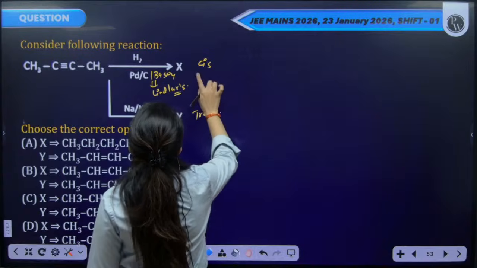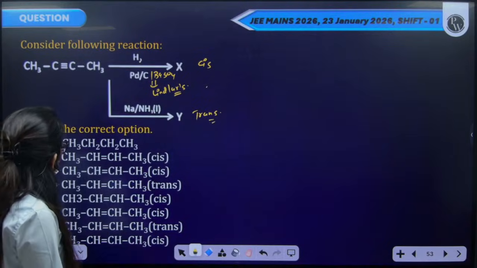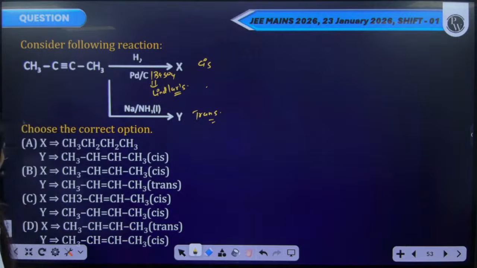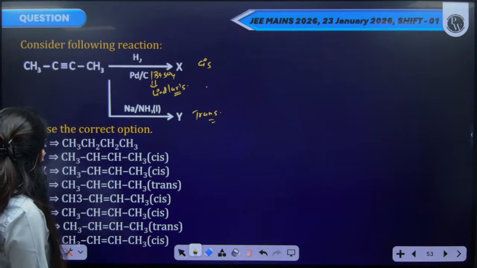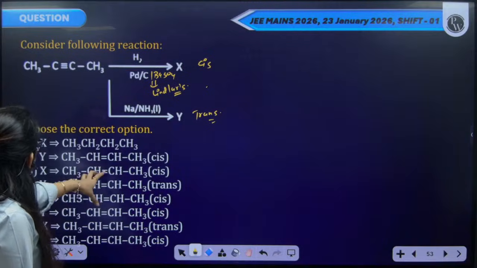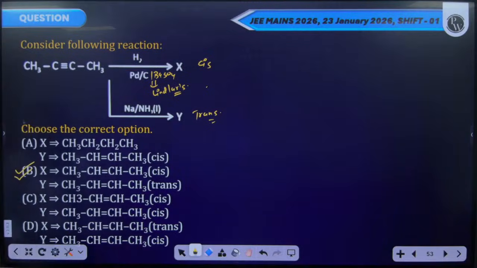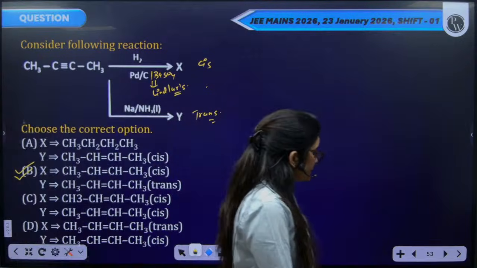Okay, so in the above case there will be formation of the cis alkene, and in the below case there will be formation of the trans alkene. So you can check where it has been mentioned the same way. So alkene will be formed, the first one will be the cis alkene and the second one will be the trans alkene. So I think B should be the correct option. In the X case there will be cis alkene formation, and in the Y case there will be trans alkene formation. So B will be the correct option. Okay,